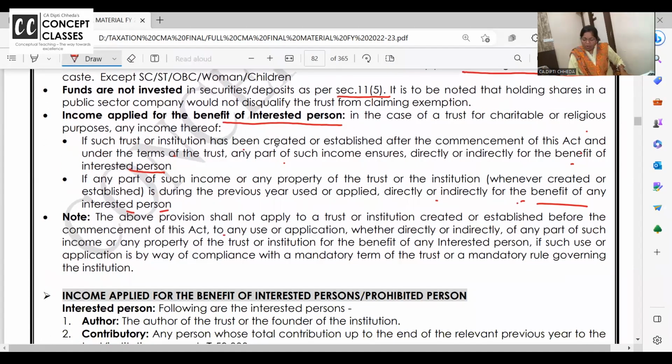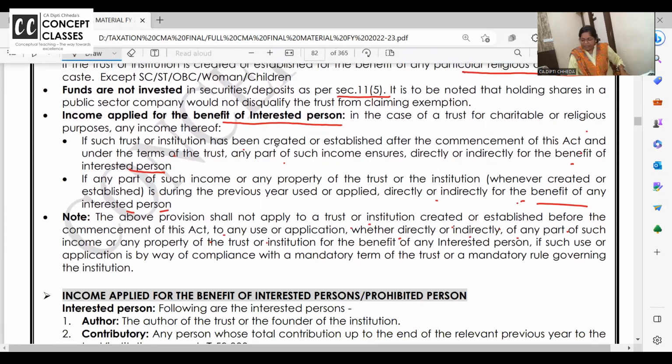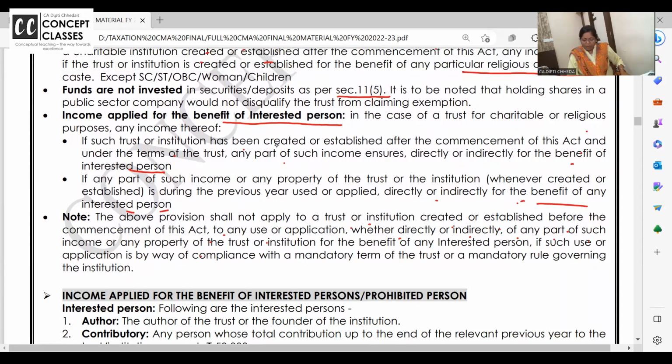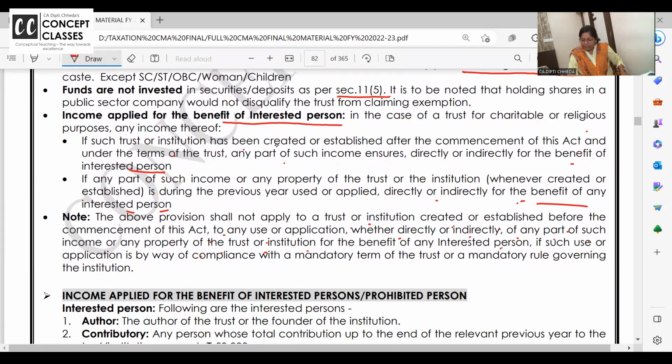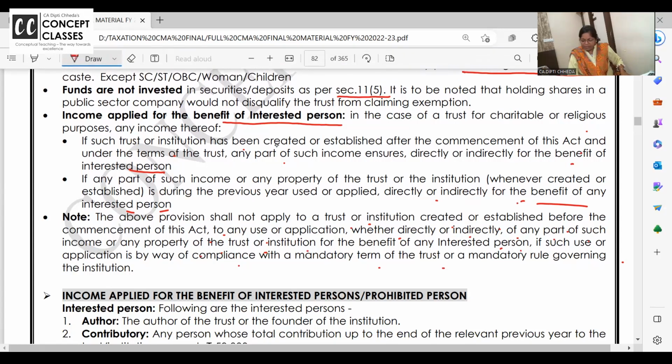The above provision shall not apply to a trust created before the commencement of the act, if such use or application is by way of compliance with the mandatory terms of the trust.